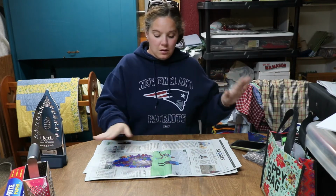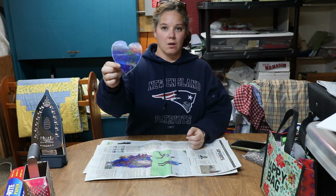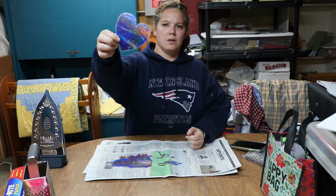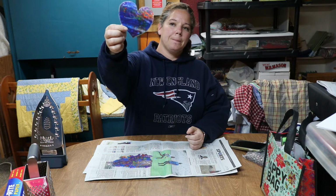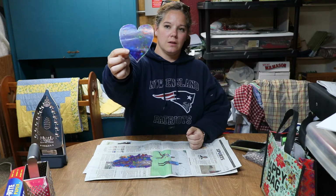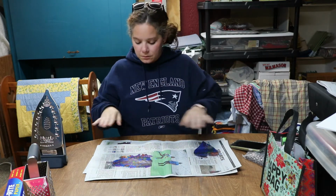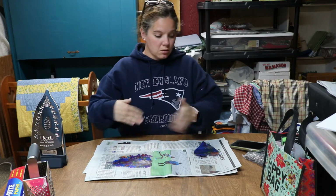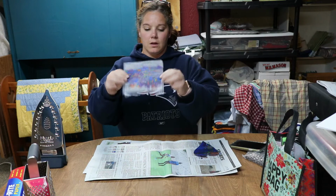Okay, so now I'm going to let that dry and cool, and you'll see one that I did already. This one, if you can see it through the light, is blue and green. I did the same colors as I did this one, but I just cut it into a heart. Once this one is cool enough, which really doesn't take very long,